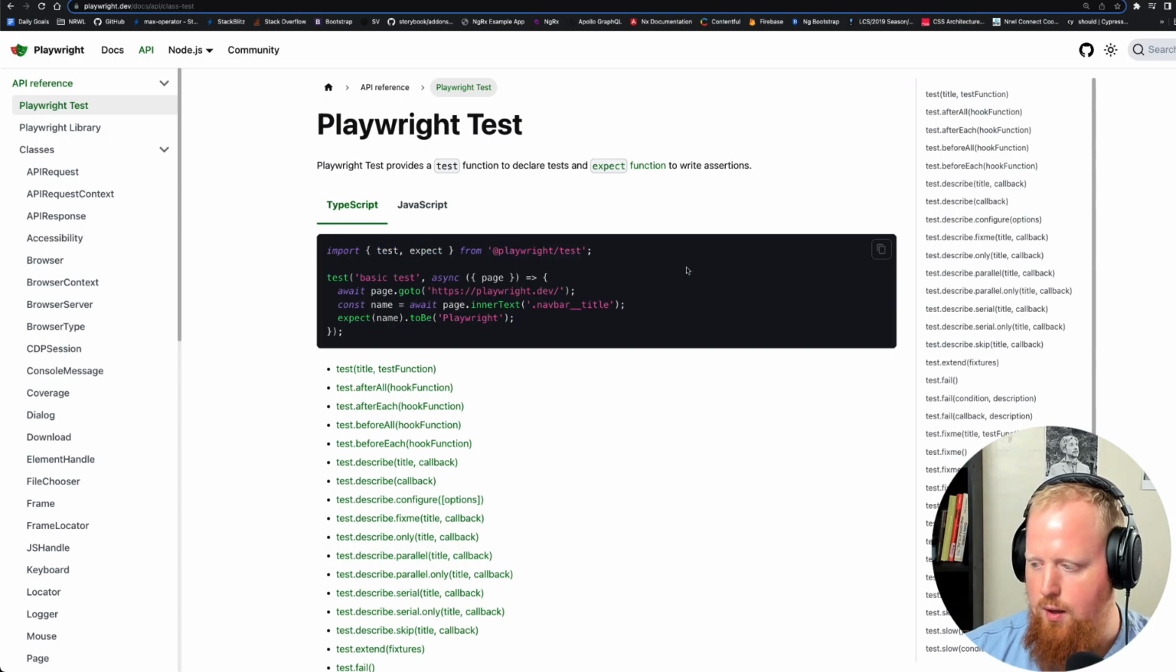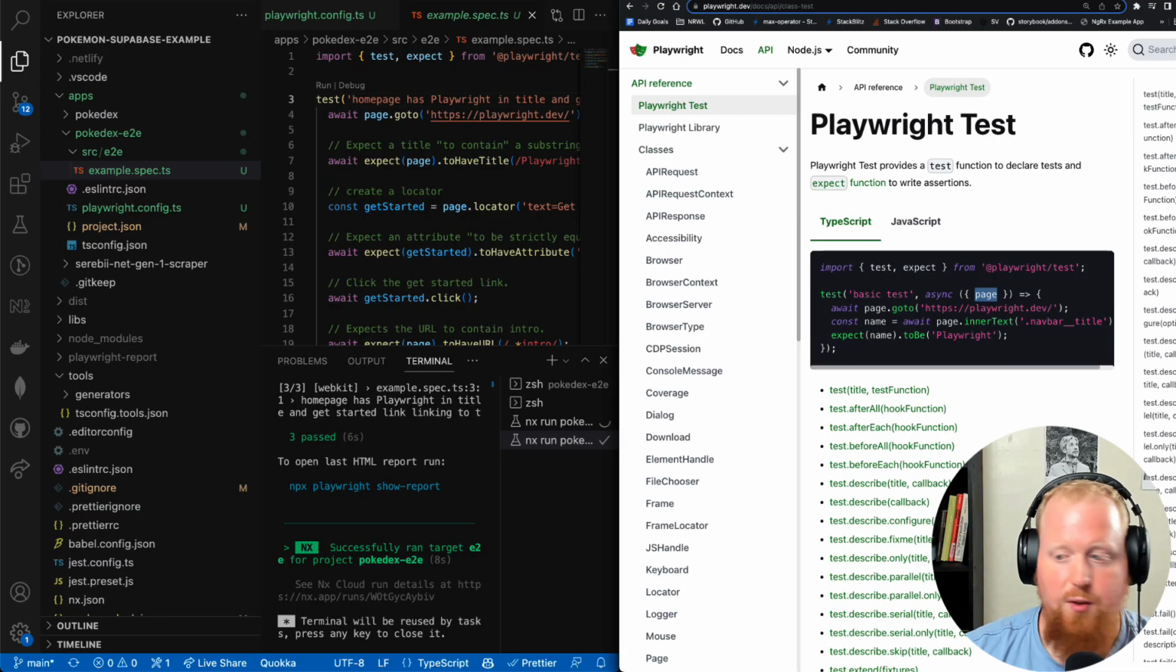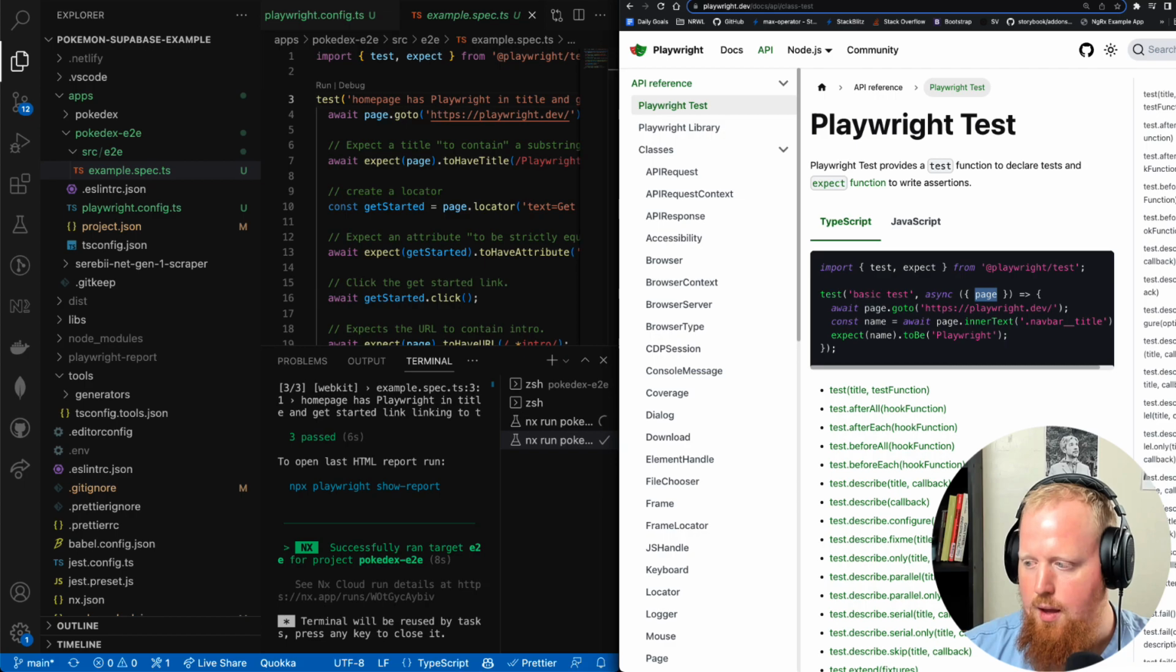And this is so that we can use that Playwright test API to write a test suite for our application and make assertions or expectations using that Playwright library. As you can see here, the page object is being destructured out of the argument of our testing callback. So if you're not familiar with destructuring, the idea is that this is syntax sugar for pulling a property out